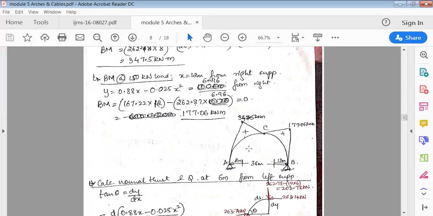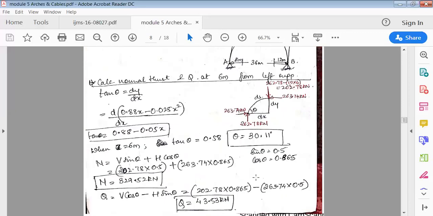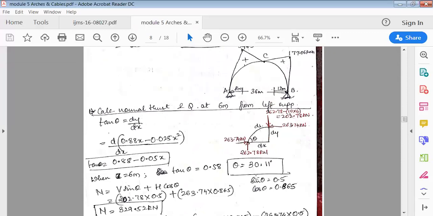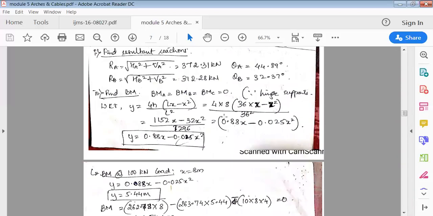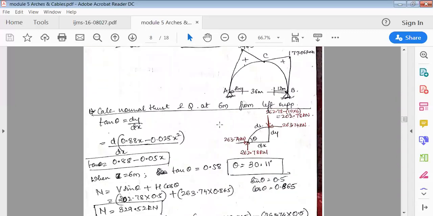All right. The next thing is to calculate the normal thrust N and radial shear Q at 6 meter from the left support. Now again in this problem, they've asked to find both. Calculate the normal thrust and radial shear at 6 meter from the left support, from this support. Now here, again as usual, what you're supposed to do is